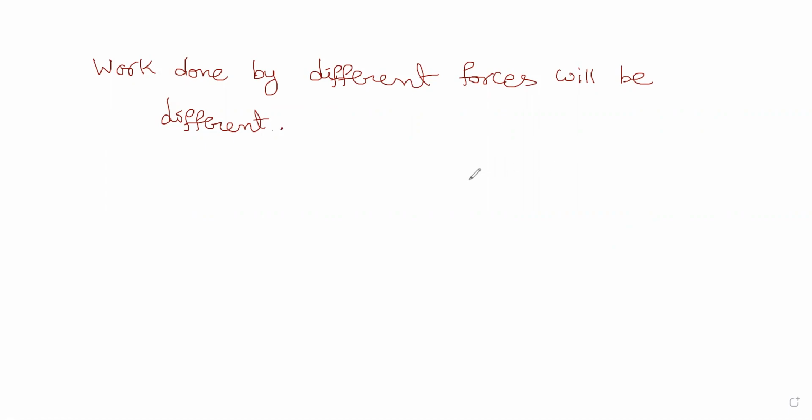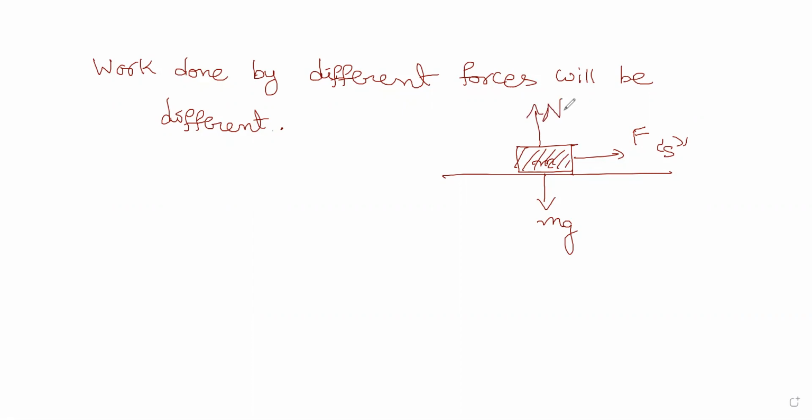What is this funda, I tell you. Suppose there is an object like this. The force, let us say it is acting like this and it causes a displacement S. If you ask me what are the forces on this object, let us say mass of the object is m, and the gravity is downwards, mg, and your normal reaction is upwards like this, and the frictional force is this way, backwards. Okay, Fk I will write as kinetic friction.